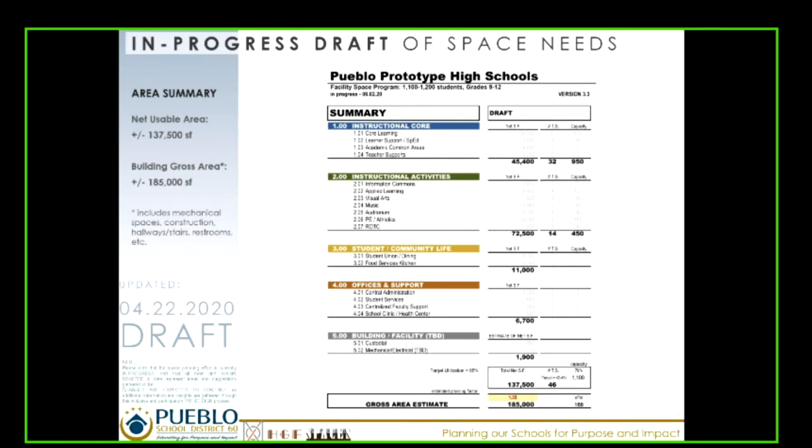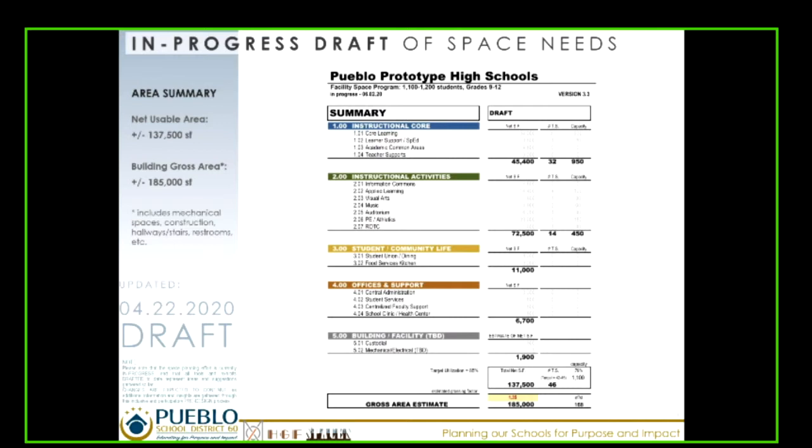As you can see, they're categorized by the instructional core, instructional activities, student community life and dining and kitchen, the offices and support, including the health center and student services, counseling and such, and then building facility components like custodial and maintenance. So the total is at 137,500 square feet net usable area.